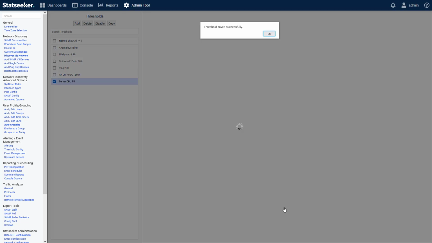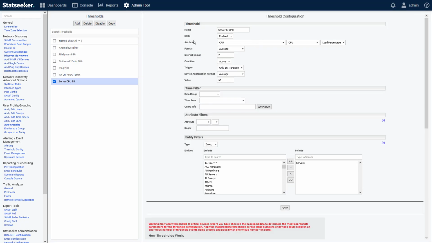By default, when creating a new threshold, the configuration is automatically enabled, and you can disable a threshold configuration from within that configuration or from the threshold list. The disabled thresholds are grayed out in the list, and you can filter the list to display threshold configurations based